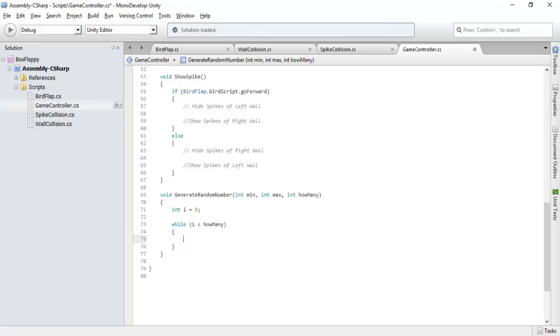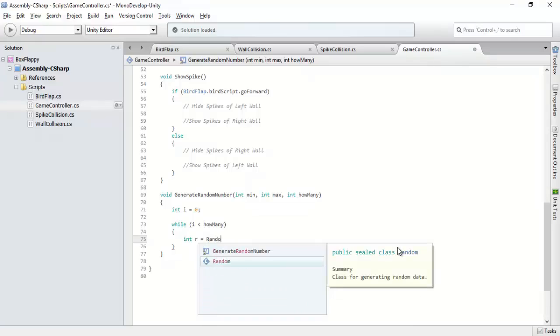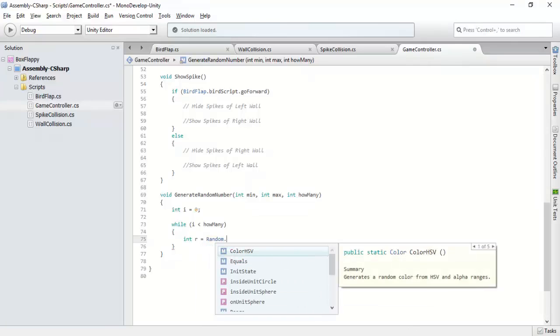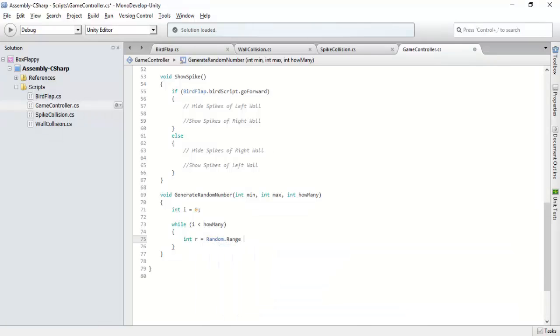We have to check that any random number is duplicate or not. Integer r is random dot range, minimum,